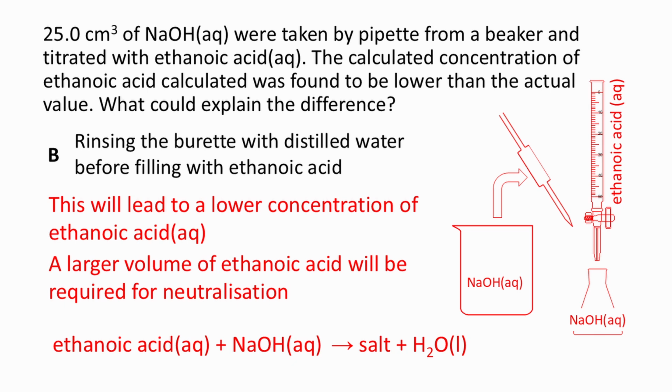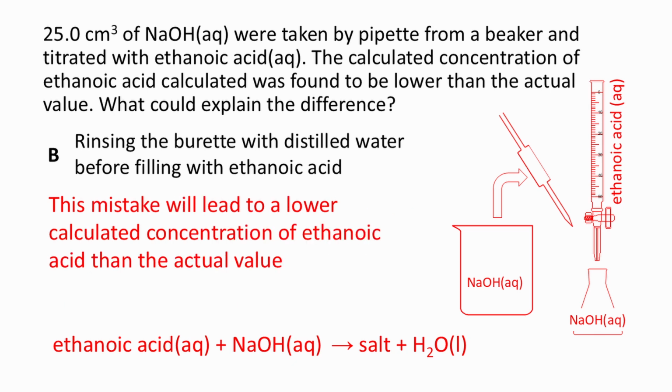Option B is also a mistake, rinsing the burette with distilled water before filling with ethanoic acid. However, this will lead to a lower concentration of ethanoic acid. A larger volume of ethanoic acid will be required for neutralisation. This mistake will lead to a lower calculated concentration of ethanoic acid than the actual value. So it looks like option B is the correct response, but let's take a look at the other options just